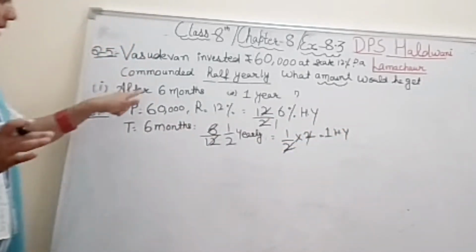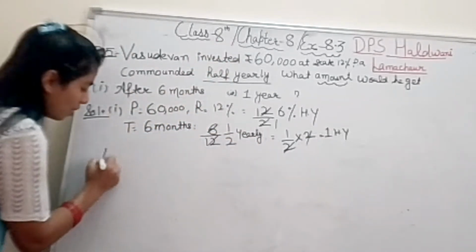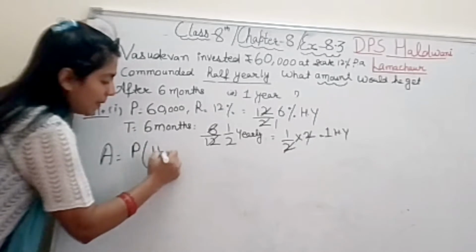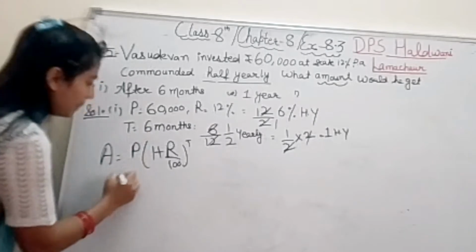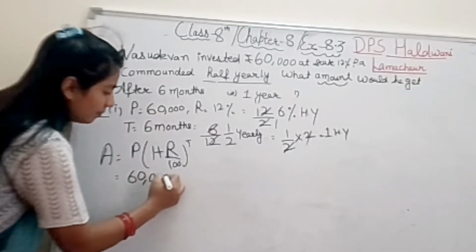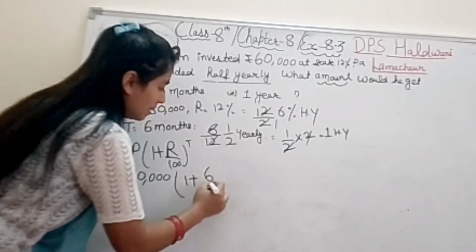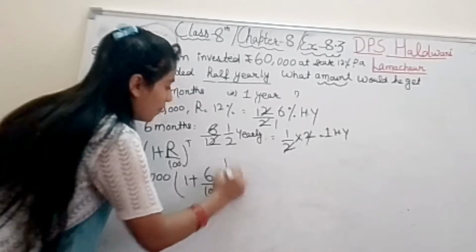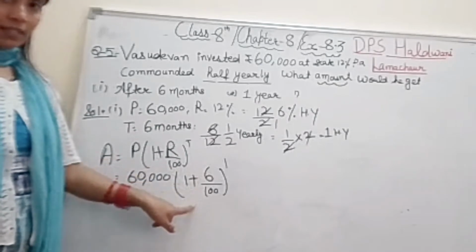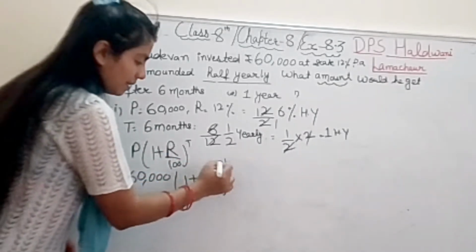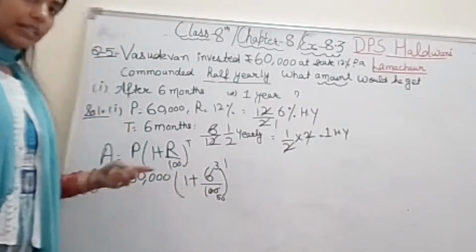Right? So, now principal is there, rate is there, time is there. So, amount you need to find out. So, the amount formula is P into 1 plus R upon 100, raised to the power T. So, put the values. P is 60,000. 1 plus R is 6% upon 100, and T is 1. That's it. So, now after that the calculation is the same. Cutting. Yes, 2 threes are 6, 2 fives are 10 and 0.